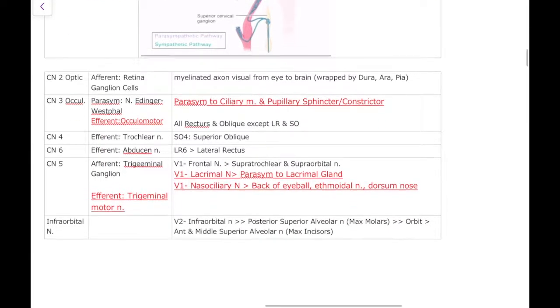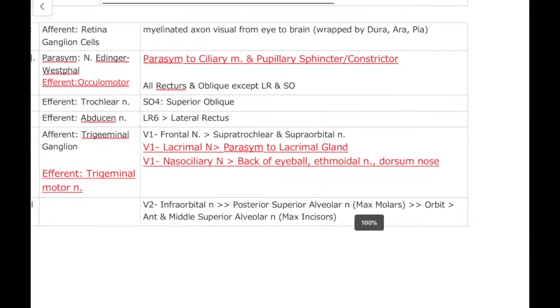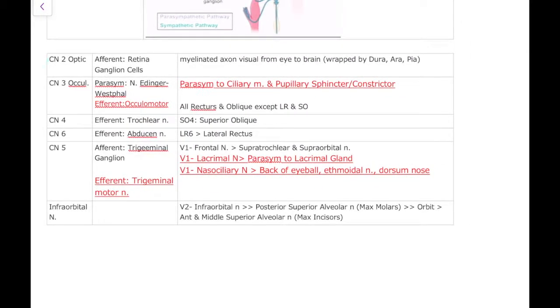Finally, if we talk about all the nerves that are associated with the eyes, here we start with CN2. So cranial nerve 2, optic, has afferent fibers in the retinal ganglion cells. They are myelinated, which provide us afferent vision from the eyes to the brain, afferent information. Oculomotor is mostly efferent, provides innervation to all those muscles except lateral rectus and superior oblique. CN4 and everything else is efferent, so we have efferent trochlear for superior oblique, we have efferent abducens for the abduction lateral rectus,